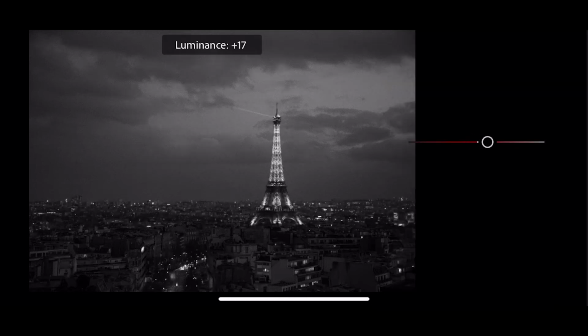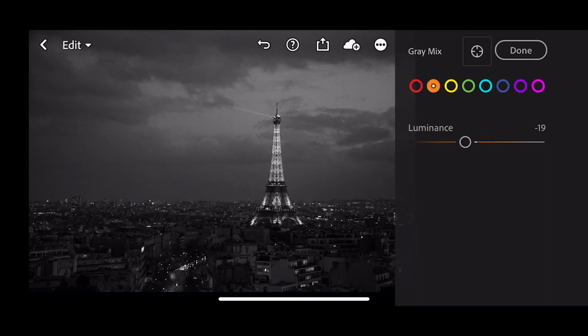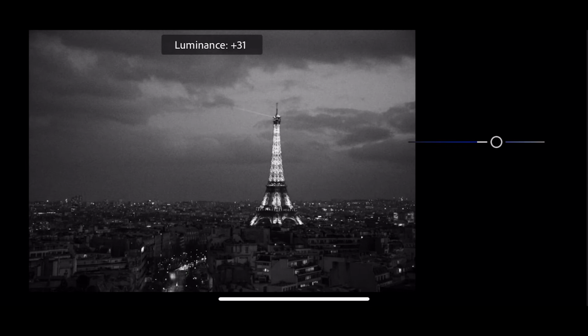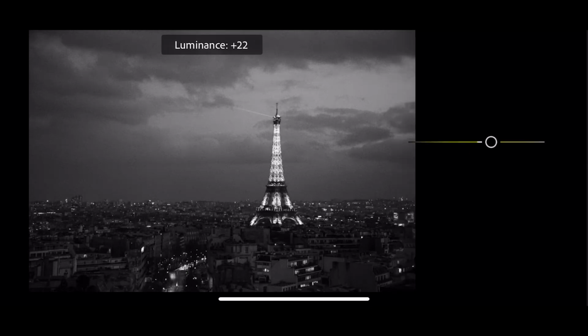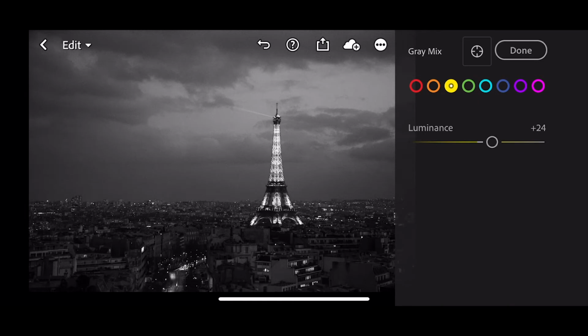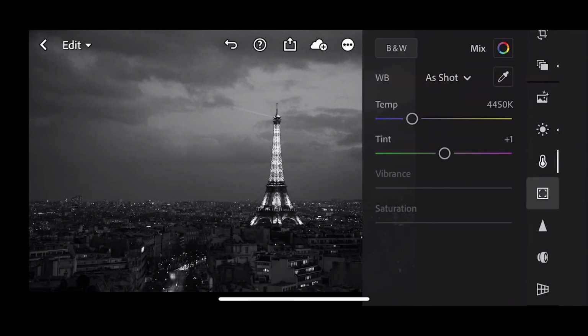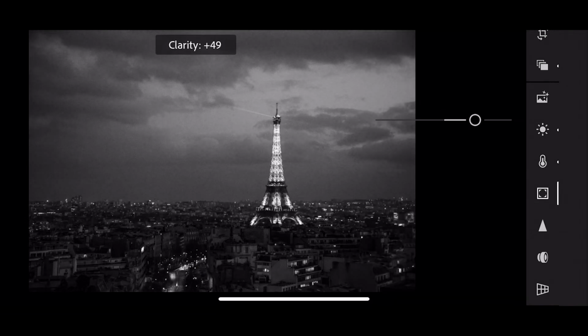For reds we're going to pump that up to +21, and for oranges we're going to go up to +23, and then go into blues and pump that up to +32, and finally yellows we're going to add +24, and then press done. Next up we're going to go into effects, and now for clarity let's pump that right up